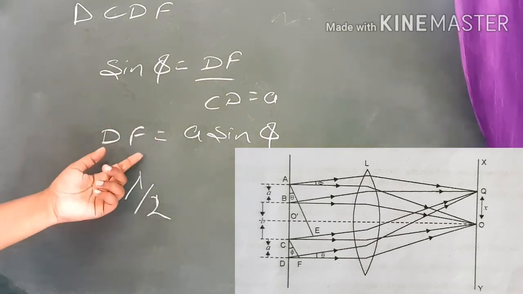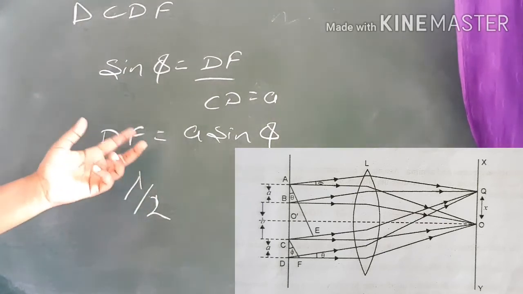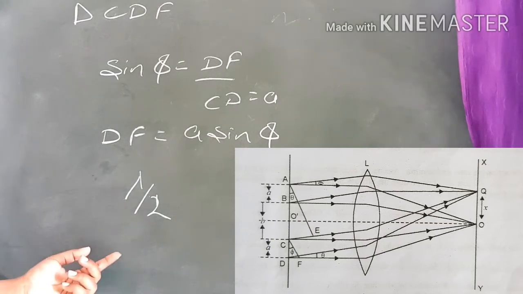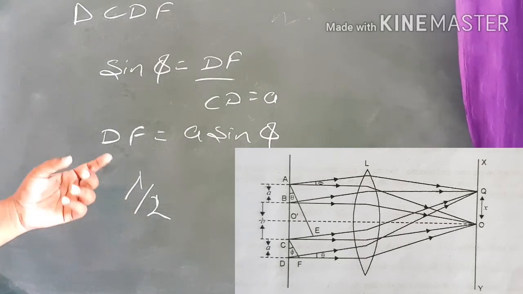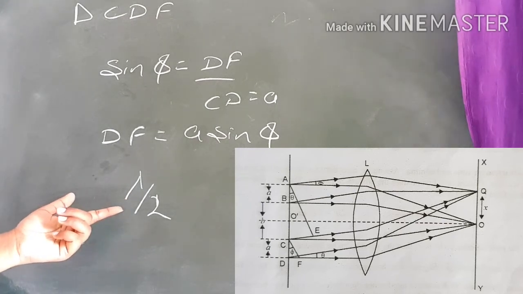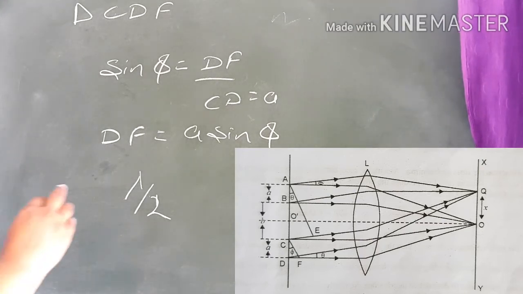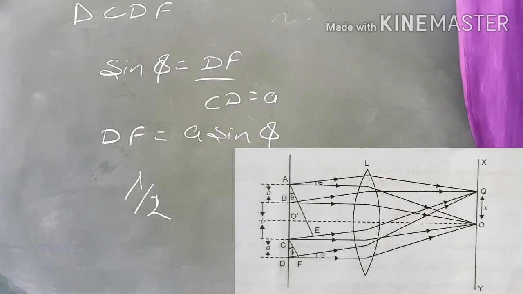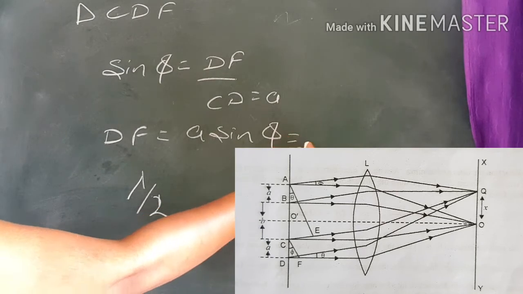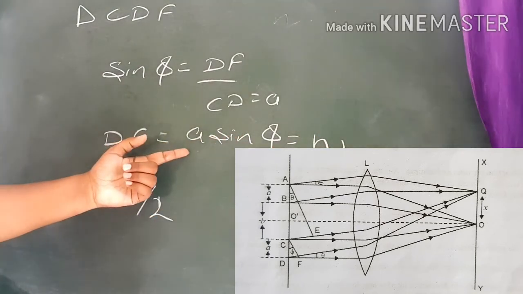Again here we divide the slit into two equal parts, and both upper and lower half parts create a path difference of lambda by 2. Lambda by 2 path difference means phase difference of pi. Phase difference pi means minimum intensity. So this is the condition for minima. If this is equal to n lambda, then this is the condition for minima.